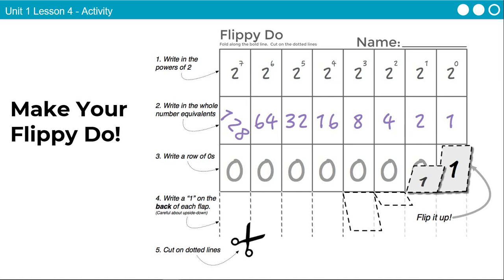So looking across the top there, you'll notice that in that first place, 2 to the 0 gives you a value of 1. So if we have a 0 there, it's giving you no value, but if you put a 1 there, it gives you a value of 1. And then in the next place, as we move to the left,